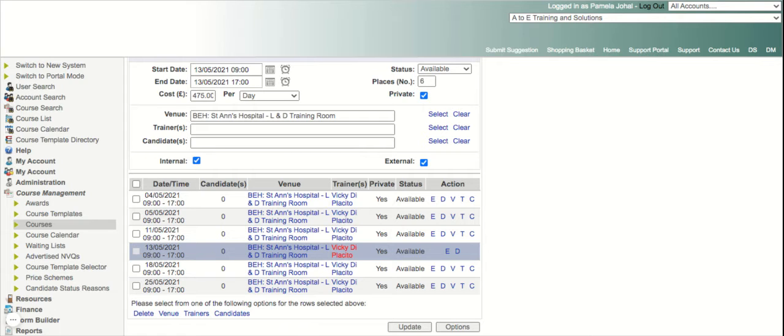And also make sure that maybe Vicky has that date in her calendar as well. If it was a venue clash, I would revert that back to the client and say, oh, actually, we've already got something happening in the L&D training room. It's the best way that you're going to flag any errors that are coming through. So I'm just going to end up taking this out